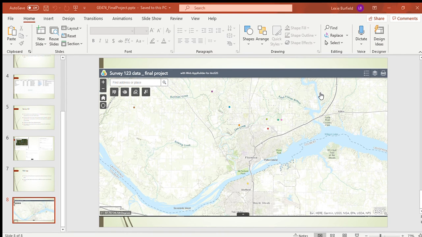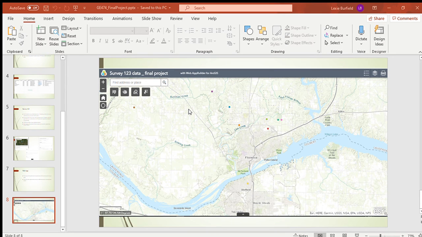Now I'm going to go through and show my applications. So first I go onto my Survey 123. I go to my road obstructions, and whenever I go to the link, people will have access to the link. Everything is accessible to the public. Once you click the link, the map pops up. And so we are going to add a point